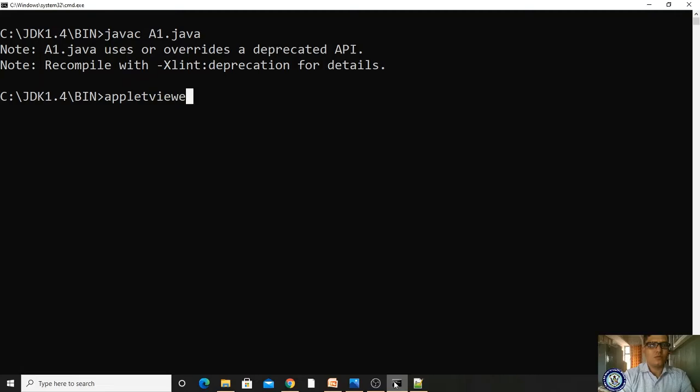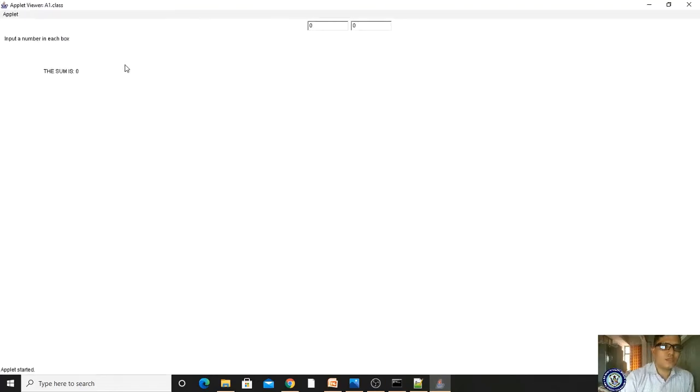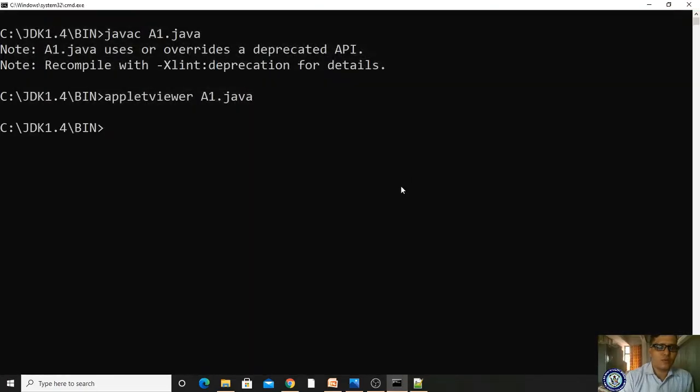Appletviewer a1.java. Whenever you run your application, it is waiting here. Whatever value you have set is showing here, right? Input each box. Now I am inputting 10 and 20. Whenever I press the enter key, immediately you are getting 30 here. Got it? So likewise it will be evaluated.